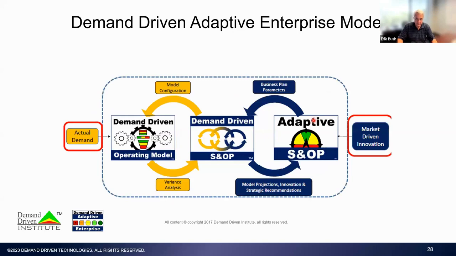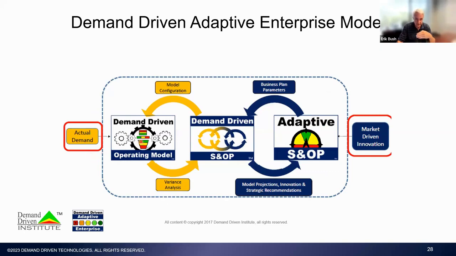So the demand-driven adaptive model, I think, is a great proxy for how you do this. This may not be everyone's favorite chart, or maybe you really love it. I find it very easy to get my head around the idea that we're going to try to get agility into our model so that we can pace as much as possible to true demand, because that's the most accurate signal we're ever going to get. As a byproduct of that, we lose some of the negative impacts when we have inaccurate forecasts.